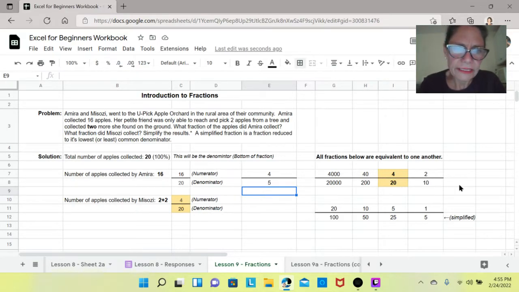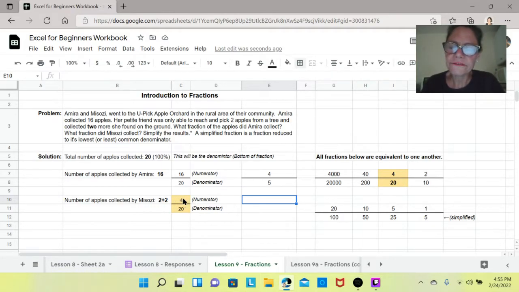So yeah, this is all for these. Okay, so 4/5 would be the simplified result of this number. And then the bottom one, how many were collected out of all the apples were collected by Amira? They were 4 out of 20. And again, you can do it by half. So it would be, if you know math very well, you'll know that